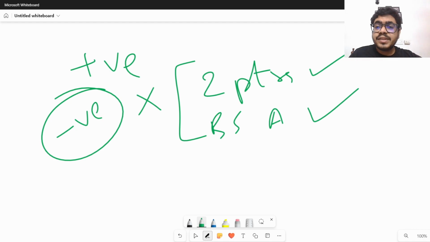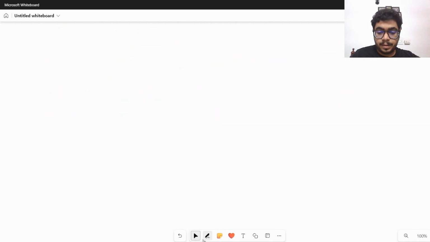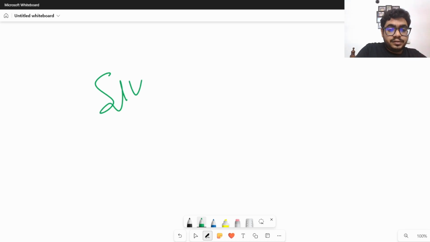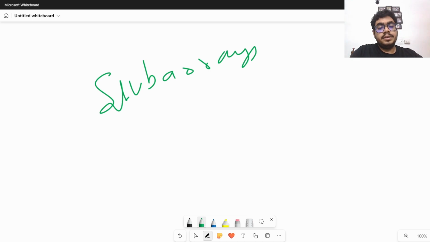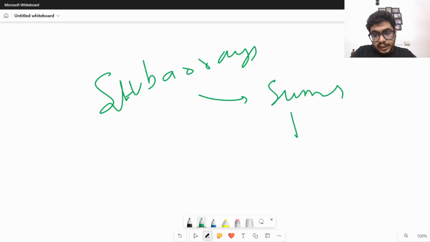Okay, so let's get into the brute force and see how we can solve this particular problem. Whenever we do brute force, we think super simple. We say that okay, we'll try all the combinations and find the best. So that is what we can do. We can look for all subarrays, look into all the subarrays, find their sums, filter those having sums greater than equal to k, and find the shortest out of it,